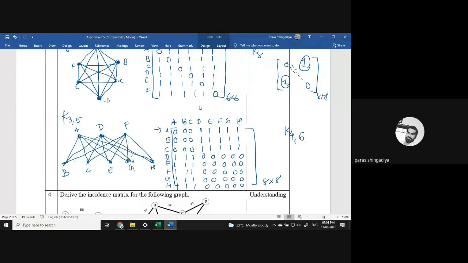Clear? But if we use the sequence B, C, D, then the rows will be changed, that is, interchanged. For example, D is in place of B, so that is row D here. ऑर्डर यही लिखना पड़ेगा कि ADF फिर BCEGH, राइट? That is useful to create the answer very speedily. But if we go ABCD sequence-wise, then we will also get the same answer, but the rows will be interchanged. ओके.